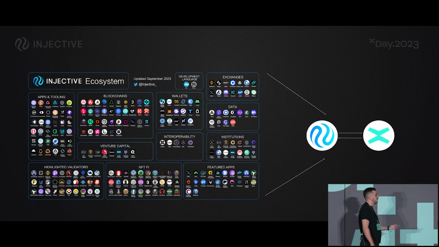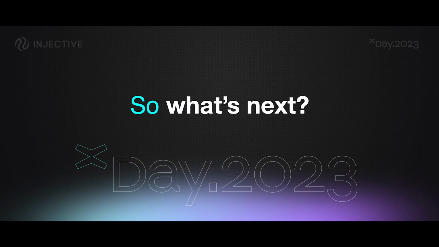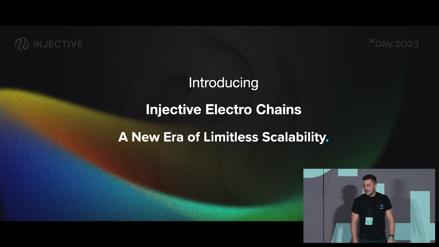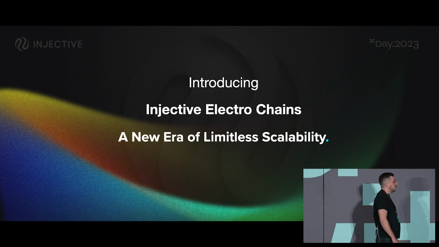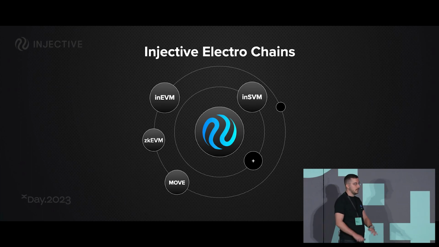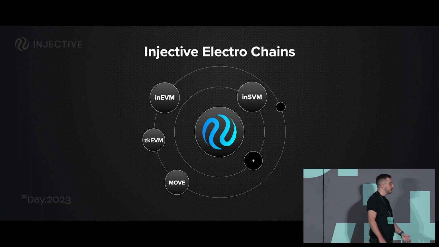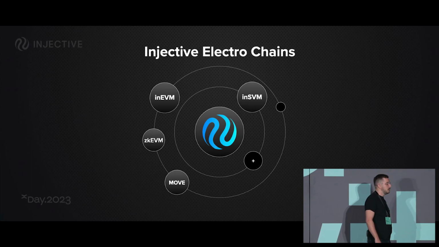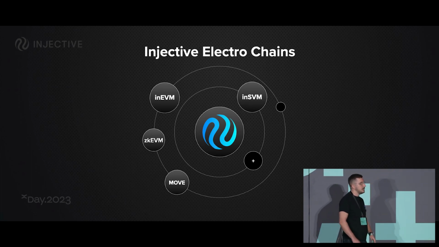Something that I've been asked quite often is, what is next for Injective? Introducing Injective Electro Chains. The Electro Chains are a rollup environment within Injective that allow developers from different environments to build smart contracts using the code and language they know and understand, without the need to get onboarded into Injective's way of